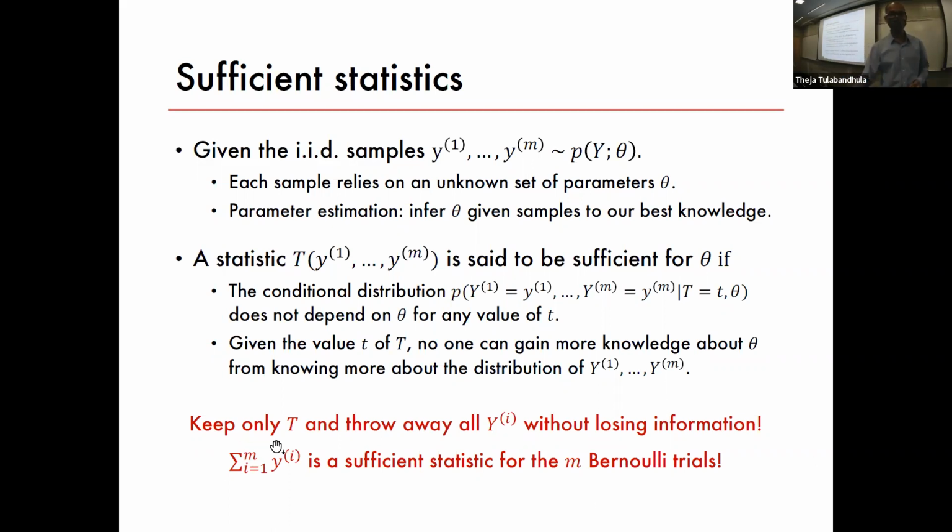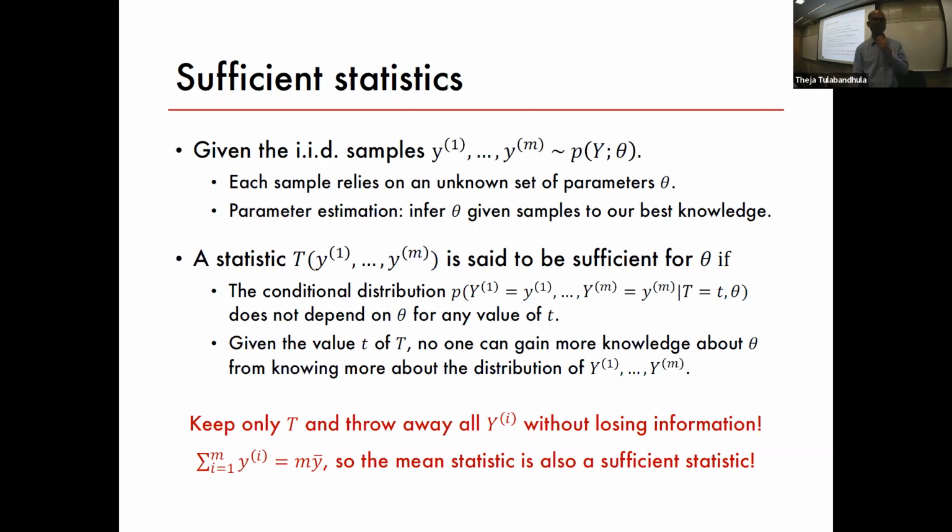So for example, this summation is a sufficient statistic for the M Bernoulli trials. We don't need to know exactly whether the first one was heads, the second one was tails. Just how many heads happened out of, let's say, 100 trials is enough to get an estimate for the parameter of the Bernoulli. It's not a complicated concept. Not just the summation, it can also be the average. All I'm saying is, if you know the summation is a sufficient statistic, you can just multiply and divide it by constants, and it will also be a sufficient statistic.